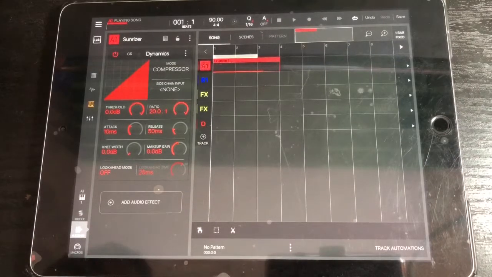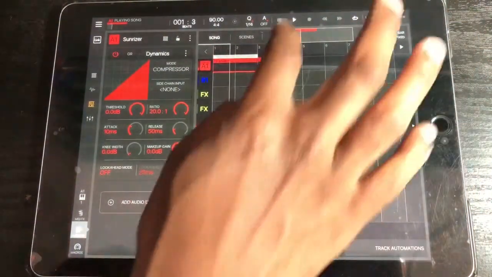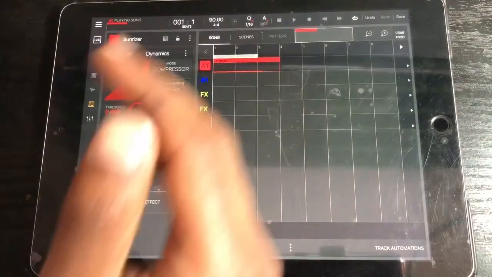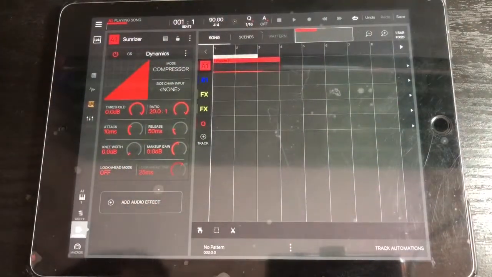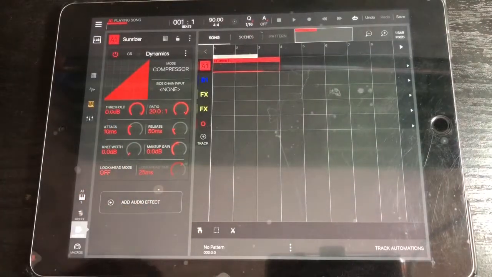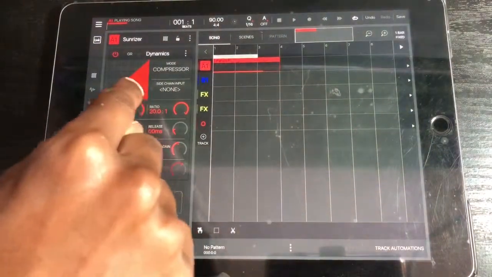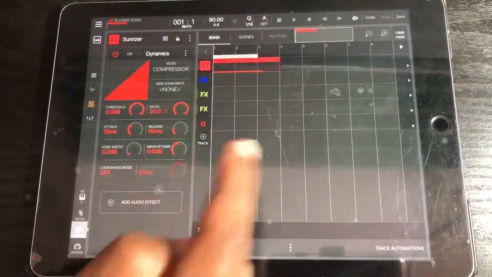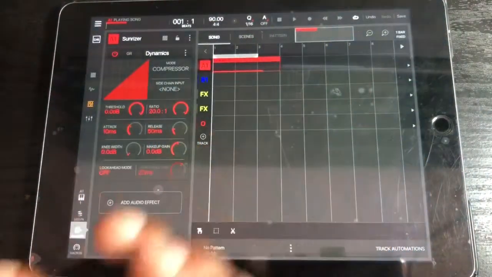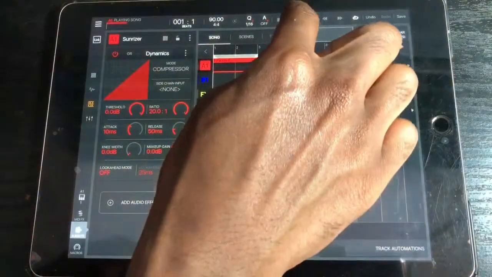So here we go. I got heavy attack. Now it's not doing anything because I have no threshold. Threshold tells the compressor that anything that goes over, however low you have this, I want that to duck. I want to grab it. So in this case, you want to drop this threshold while it's playing so that you hear a difference. You can hear it not be as loud. So let's